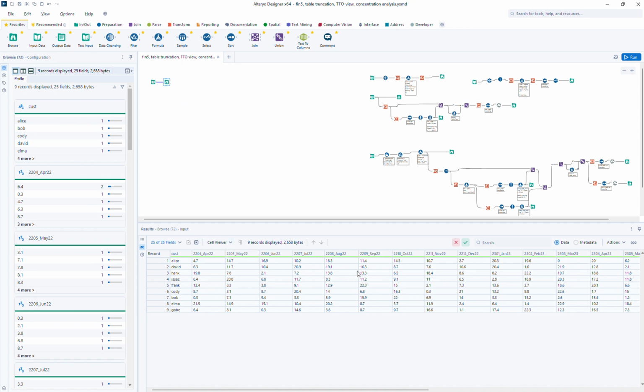So in this case, we have the monthly data by customer, and we have 10 of them. But in a real-world situation, we may have 1,000 or 10,000 of them. So the question here is: how can we truncate this table, or make it shorter, by 5? So just show the top 5 customers only, by overall revenue. So we have to sum all the numbers together, rank the customers by the biggest, and then